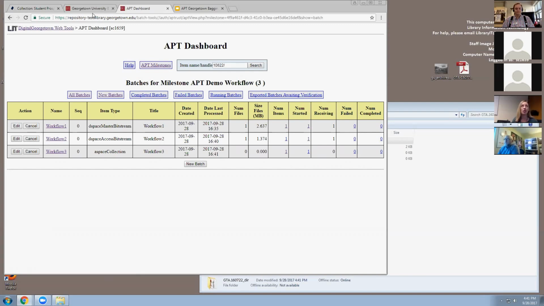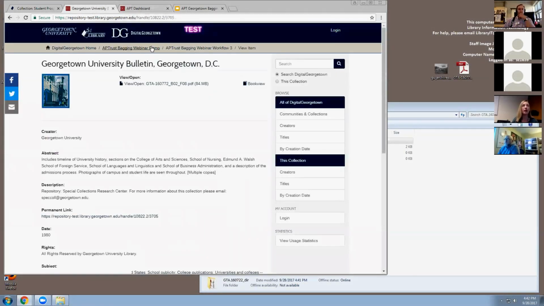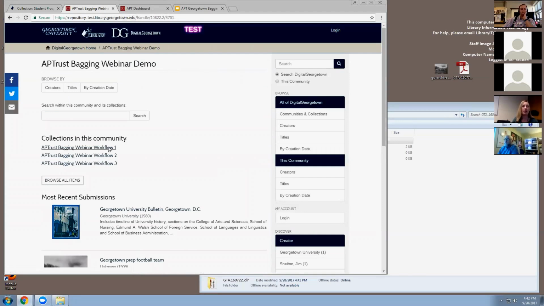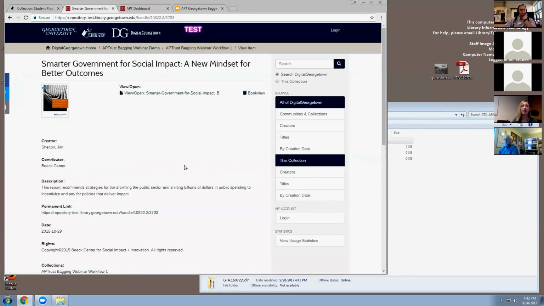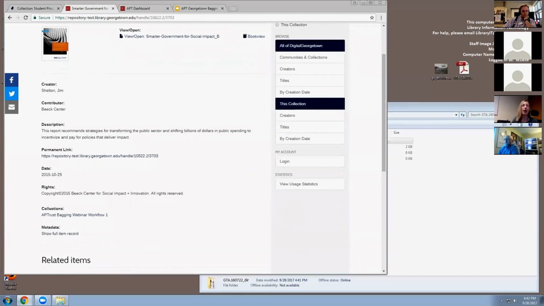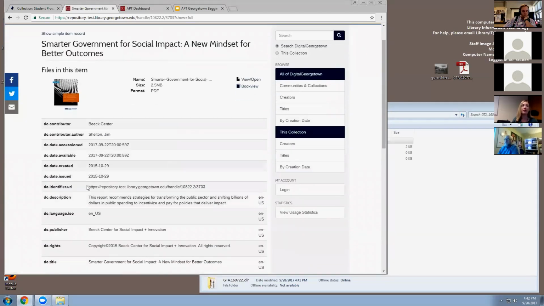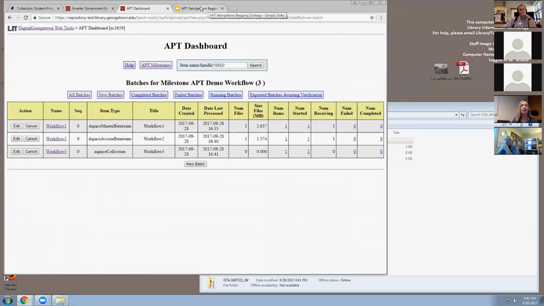But what we'd like to show you all mainly is, especially with the first workflow, going back to DSpace. When the item has been validated and ingested into APTrust, in the metadata, as Terry mentioned, a new identifier will be written back with the e-tag and a time and date stamp. So that'll just be another confirmation that the item was indeed received by APTrust. So we can continue to look out for that.